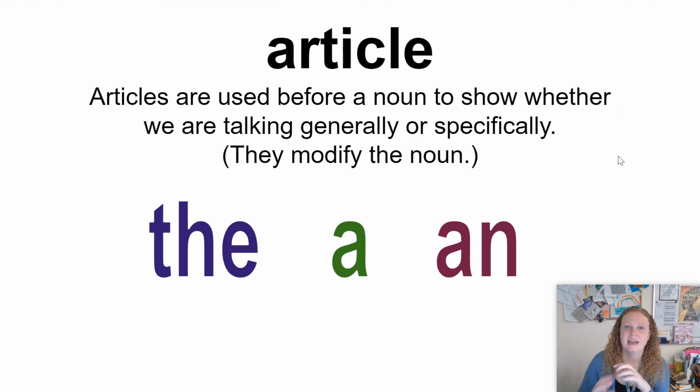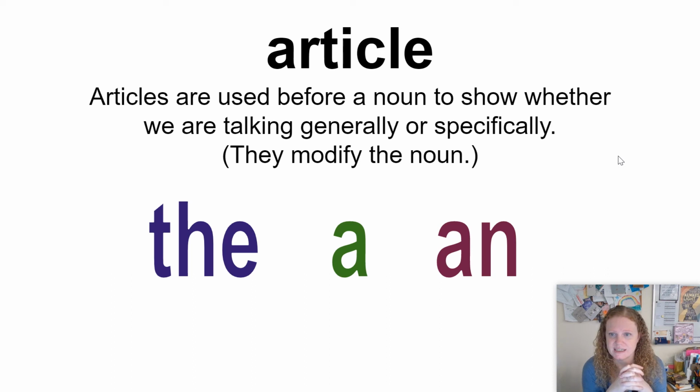Conjunctions. And then articles. Articles are used before a noun to show whether we are talking generally or specifically. So they're modifiers of a noun. So the, a, or an. So do we have the book, which is like, that's the one book, or a book, any book, could be. And then an is basically the same thing as a, except we put it in front of nouns that